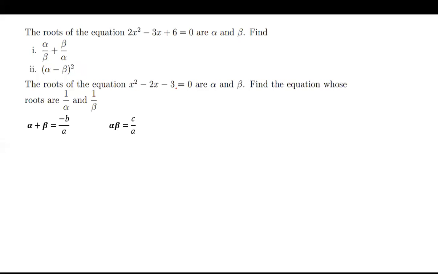So what do you do when you see such a question? This question has a lot of ways in which you can do it. Yeah, it has a lot of ways in which you can do this question. So, I'll show you the easiest one. So the easiest one here is, we know for these two, 1 over alpha and 1 over beta,